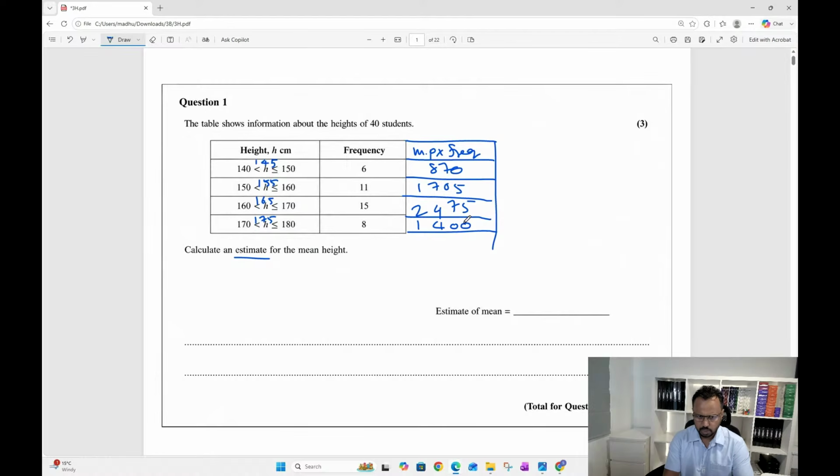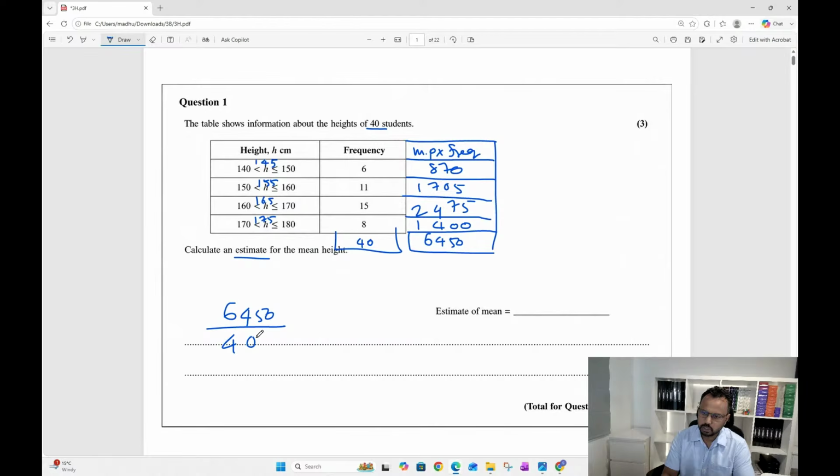Thank you. You probably missed a decimal there, Grace. Please check. 1400 plus 2475 plus 1705 plus 870. So let's add up all these numbers. I got 6450. The question says that there are 40 students. All I need to do is simply divide to find the mean